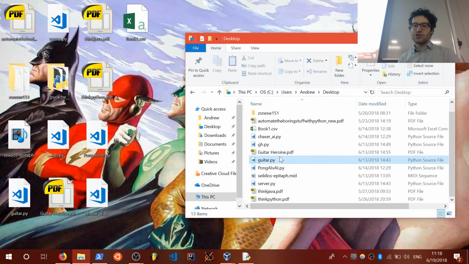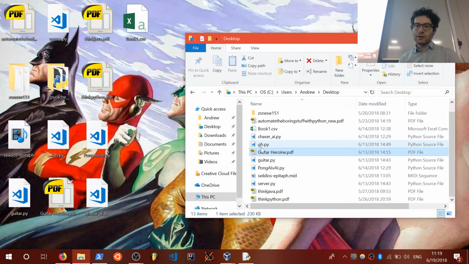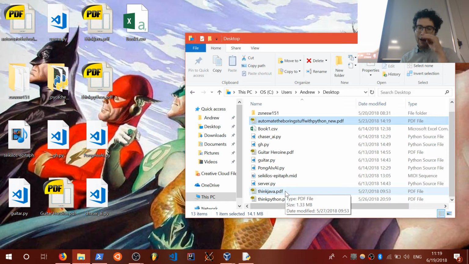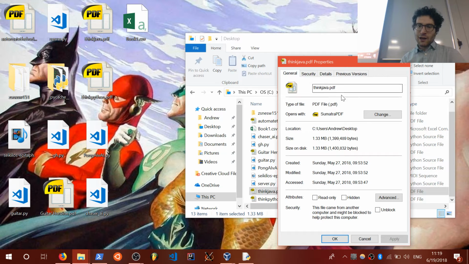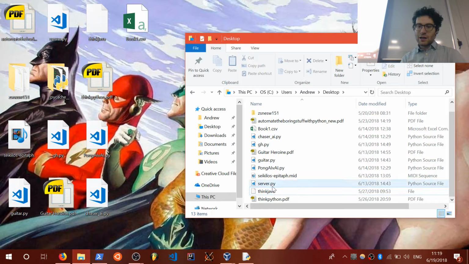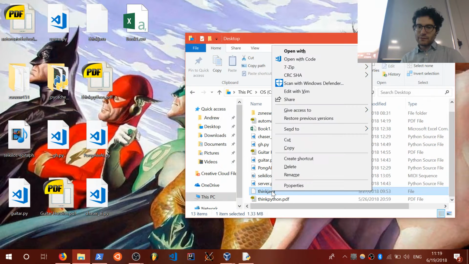A file itself is generally just a single string. Like for here, automate the boring stuff with Python _new.pdf, right? Think java.pdf. The PDF is there as part of the name for your sake, and so when you double click on it, you have a default application that it opens up with. But honestly, if I didn't have this on there and took off the file name, right,